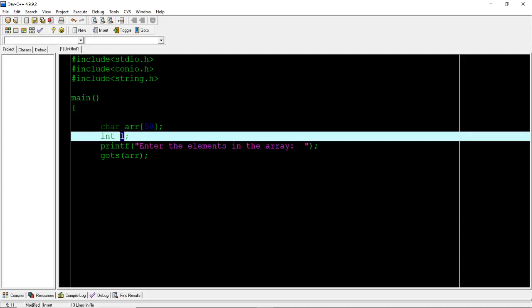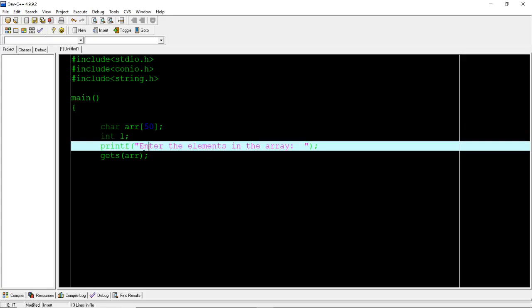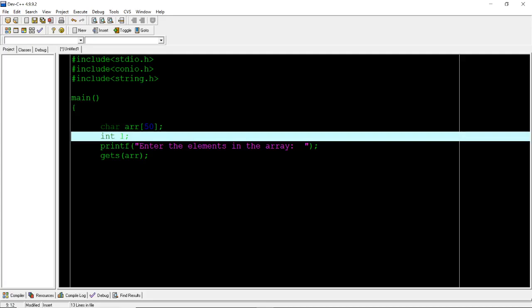Like in the last video the user entered the size of the array, but here we have not made the user enter the size. The user has directly entered the elements. So the array size has automatically been fixed, but it is not saved in the value L. You get the point?